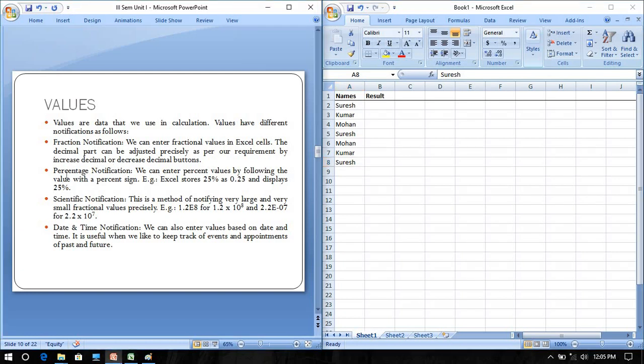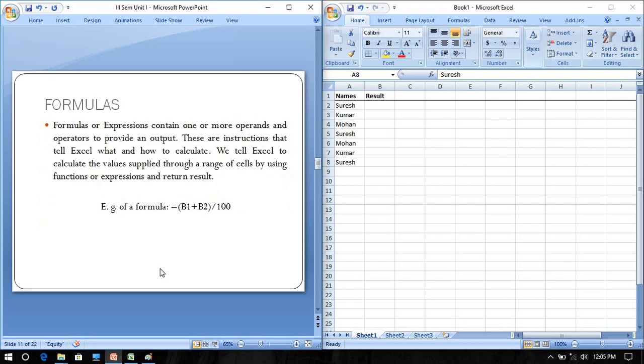Values in percentage are also called values. Scientific notation like 1.2 into 10 raised to 8, long numbers. Date and time also come under values. The data which is date type or time type also comes under values.